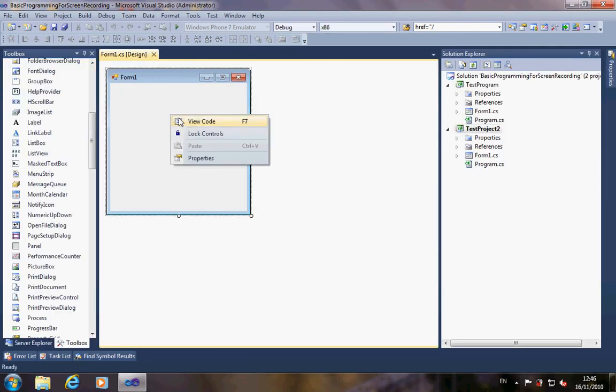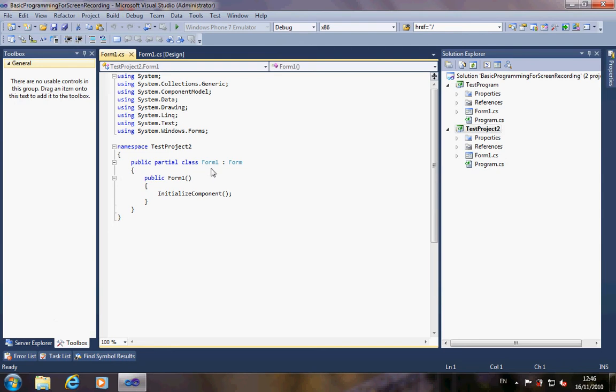Now the last thing I'm going to show you on this video, rather than just show you how to add a new project, is some variable initialisation. If you put in variables just after where it says public partial class Form1, so it's within the curly brackets, or braces, of the form, rather than within a piece of code, these become global variables. I can create an integer, for example, and then I can use it in any piece of code within this form. If I wanted to create an integer array,